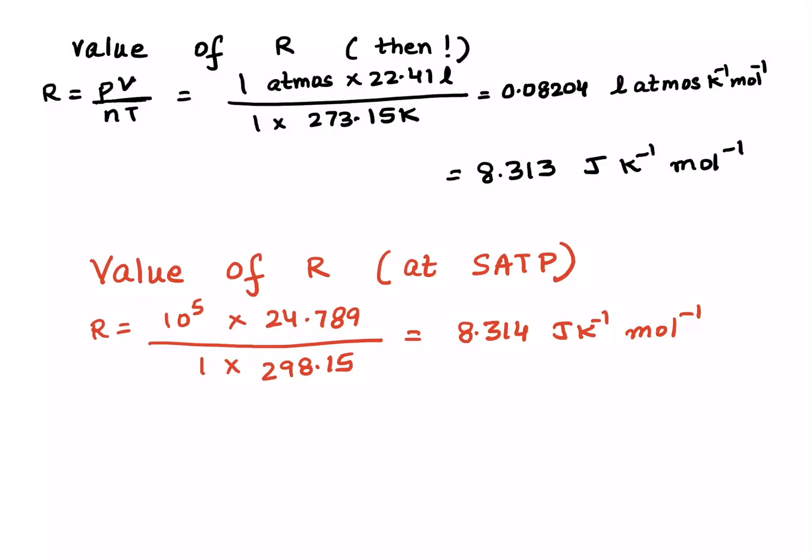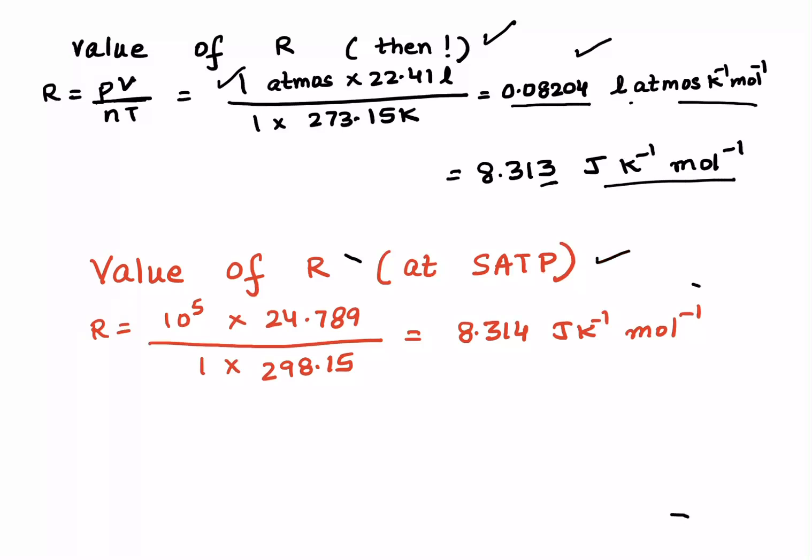What about when I was doing my chemistry lessons, when I was a student? As I said, we stuck to the pressure as 1 atmosphere. So in such a case, there is a difference in the third decimal place. It's 8.313 joule per Kelvin per mole or 0.08204 liter atmosphere per Kelvin per mole. So it is not a big difference, but just to make the concept clearer.